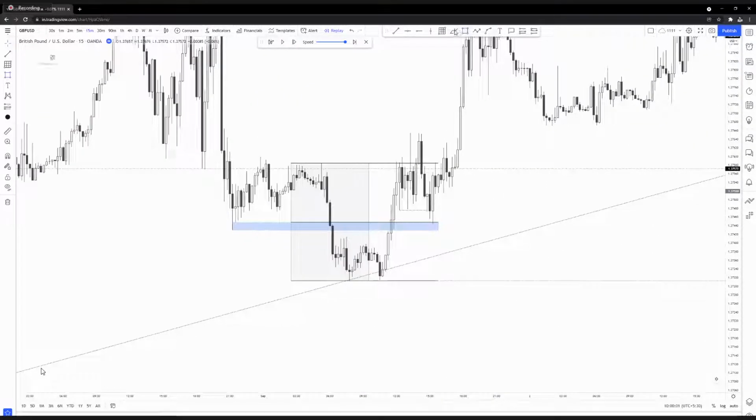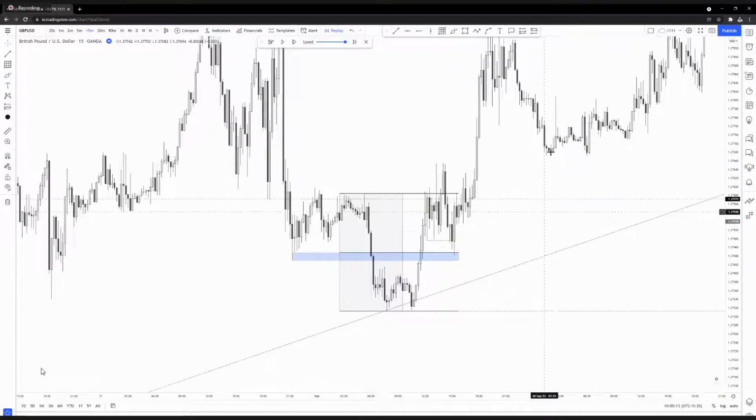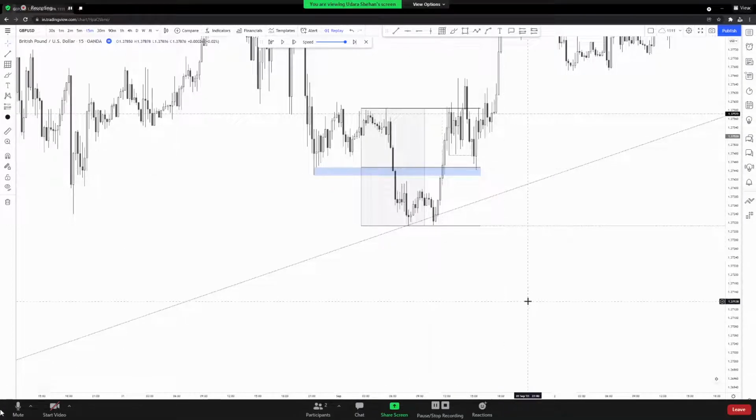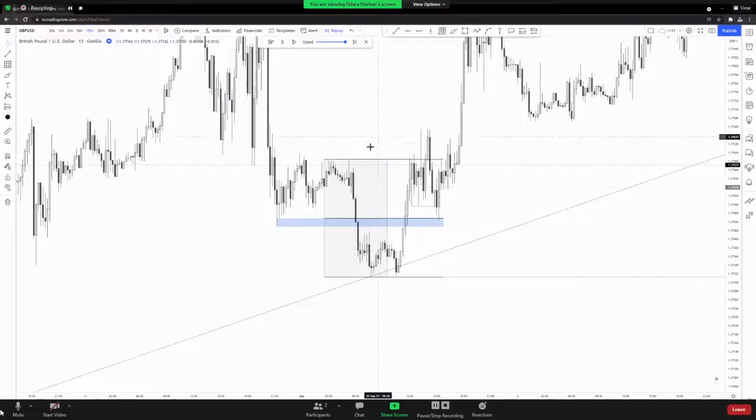Like you know the QM levels, right? The QMLs. Bam. This is where the QM is. And then liquidity got built up, tapped, and it goes. So this will be a very, very high probable setup. Asian midline is also here. Okay, so can you understand that? Okay, that's about that.